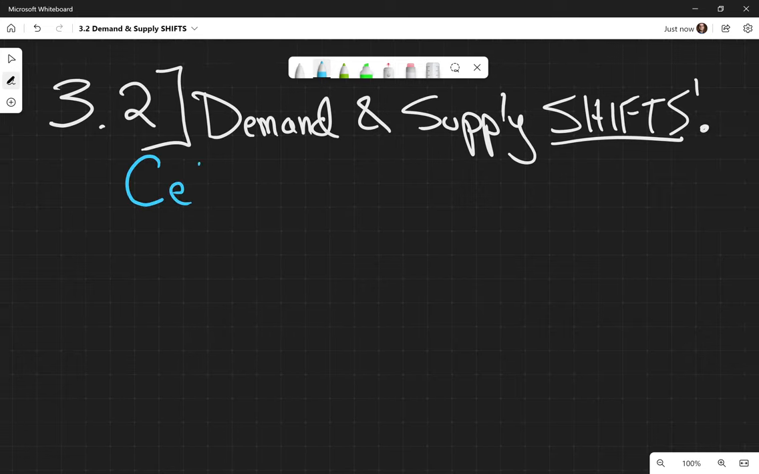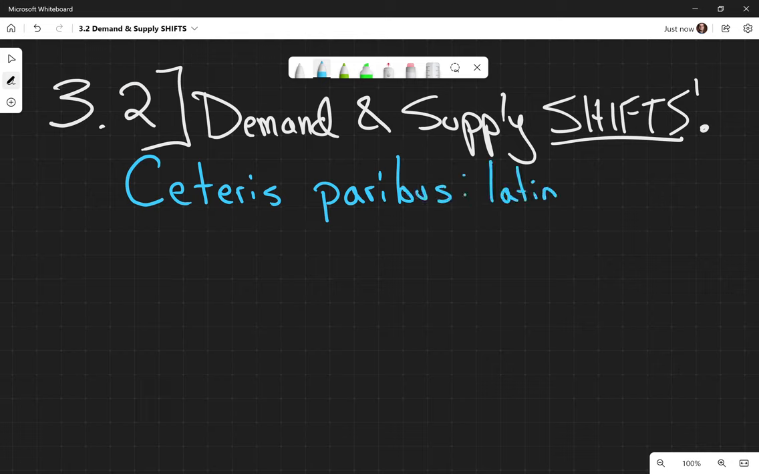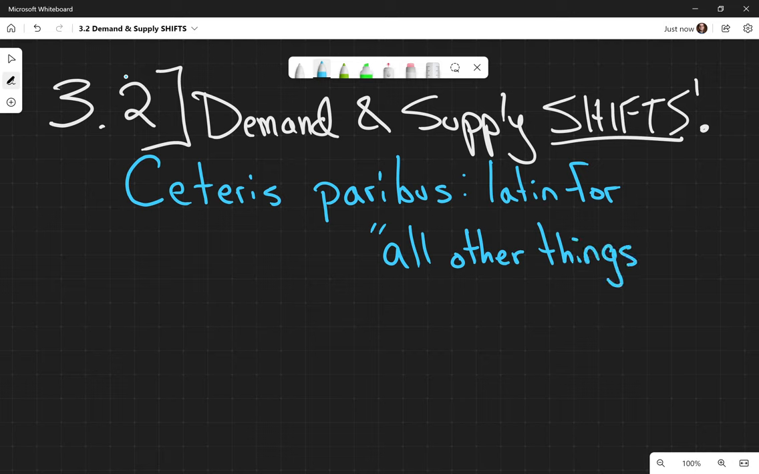favorite phrase, which is ceteris paribus, not capitalized P. Ceteris paribus is a Latin phrase that means all other things being equal, or all else equal. And so this is the notion that we are going to have to hold constant everything else except for